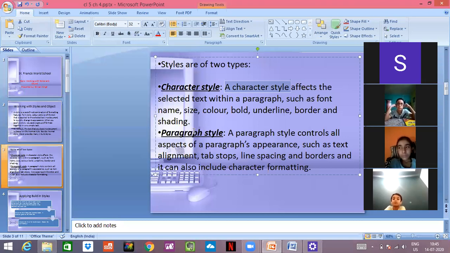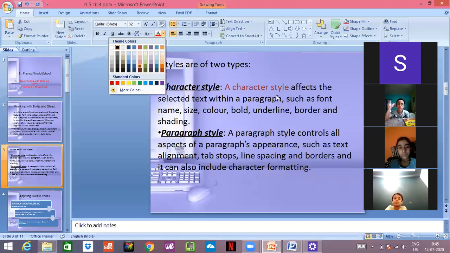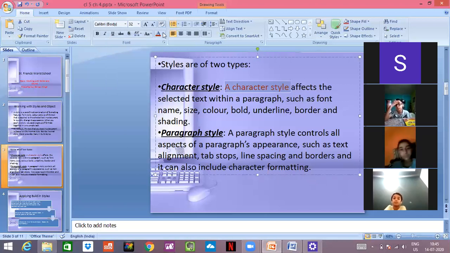For example, I'm writing an answer, but suddenly one paragraph is very important or one word is very important. So what I'll do, I'll bold it. I can change the color also. See, I can change the font color also. I have changed the color. I wanted it to be in red color. Now I want it again in black color. So in writing on a computer in MS Word, you can use many options and you can make your writing part more attractive. Okay. So now we come to paragraph style.